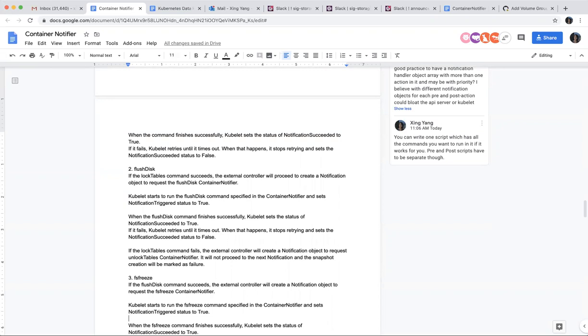I think this probably depends on the application, because some people actually prefer to do everything, at least the pre-hook part, together in one big script that handles it.